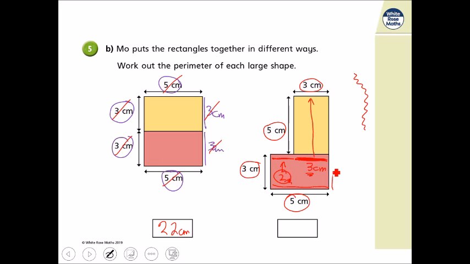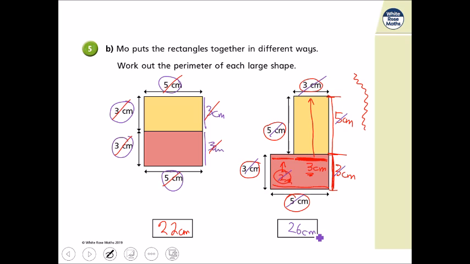Now we've got this distance up here, okay? Now if we split this into two, this part is 5 centimetres, and this part, this bit just down here, is 3 centimetres, so totally that's making 8. So now all we have to do is add them up to get the perimeter. Right, once again, I'll cross off as I go. So 3 centimetres, plus 5 is 8, plus 2 is 10, plus another 3 is 13, plus 5 is 18, plus 3 is 21, plus 5 is 26